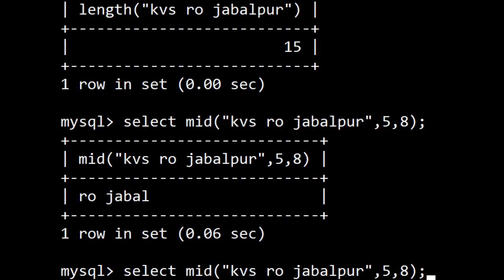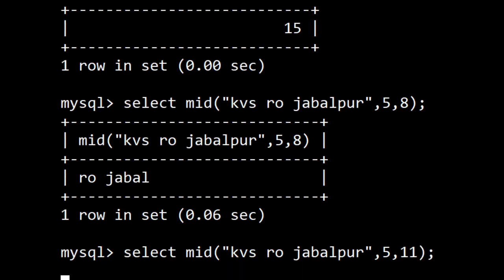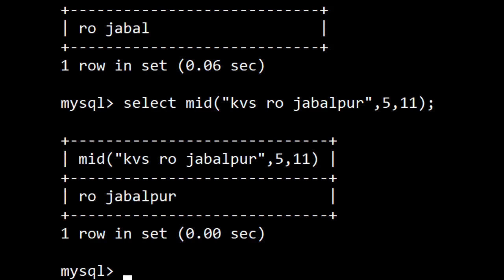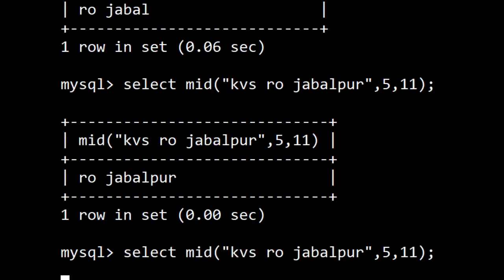Let us see more. If I increase the length to 11, what will happen? It is RO Jabalpur. One more example. If I make it 101, so what will happen?